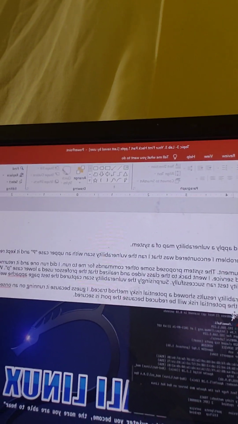The next item we're going to look at will be a vulnerability scan to get the vulnerabilities that are on my system. So this is the vulnerability scan, and on my vulnerability scan, we're going to see that